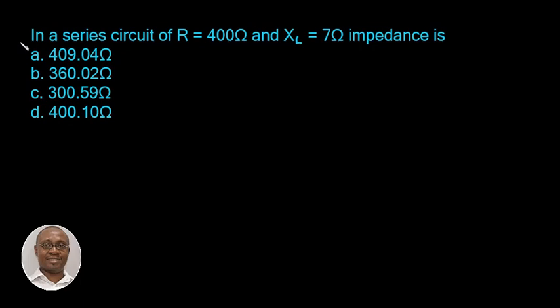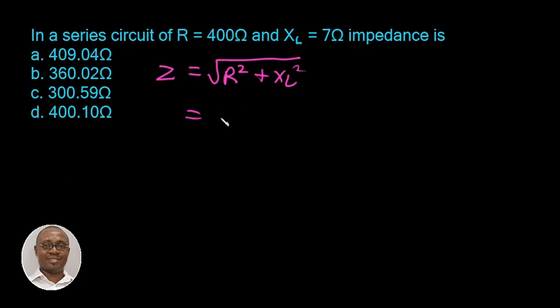This is JAMB Physics 2017, which goes thus. In a series circuit of resistance equals 400 ohms and inductance equals 7 ohms, impedance is, so with the impedance formula, Z equals the square root of the square of the reactance plus the square of the inductance. Okay, so as given in the question, we already have